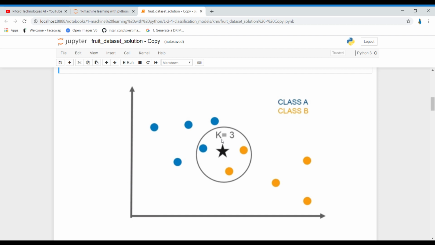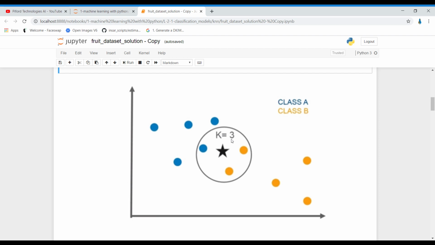The algorithm name is KNN, so we need to define the value of K, and this value simply means we want to know the 3 nearest neighbors. If the value is 5, that simply means we want to find 5 nearest neighbors. And how can we find them? By calculating the distance, and the formula will be Euclidean distance. I'll discuss that Euclidean distance formula in a few more seconds.